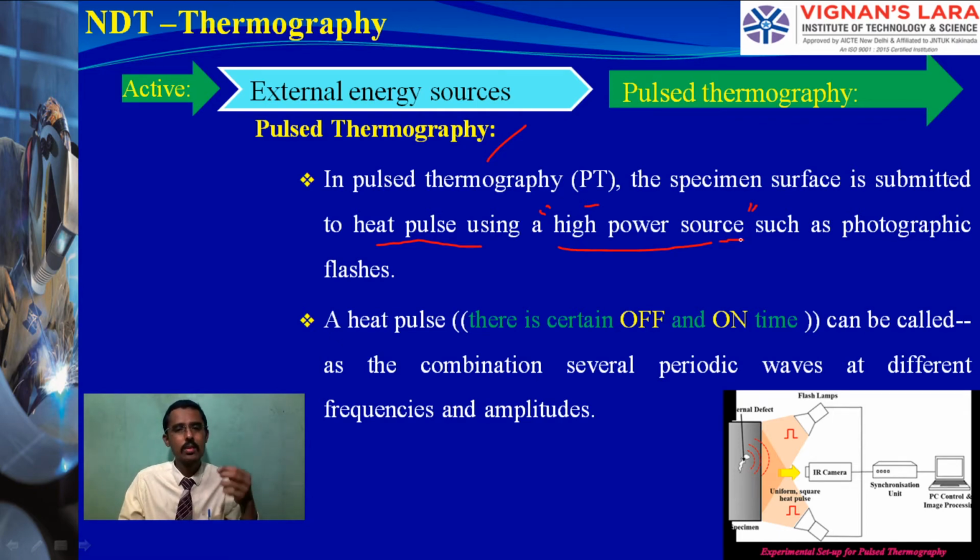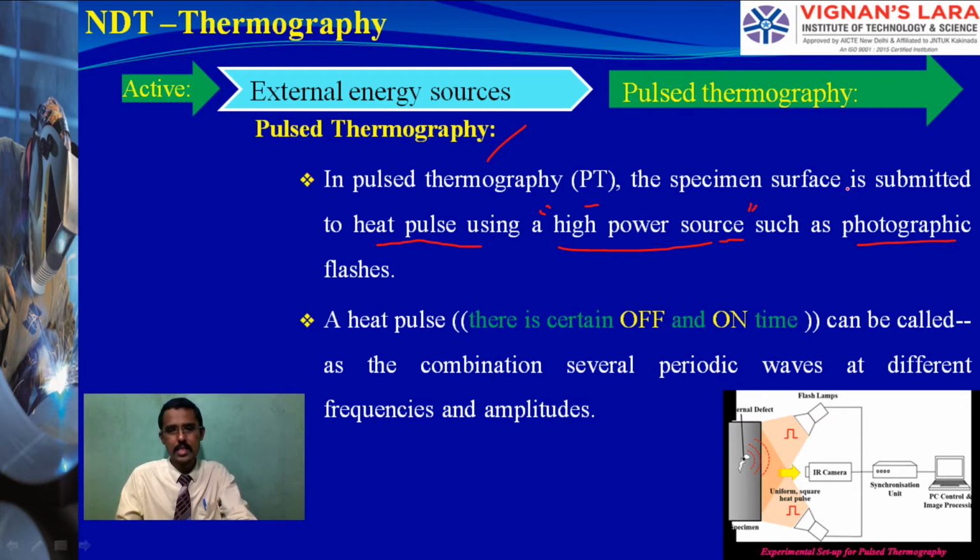Whichever we use, that energy is released and concentrated on a point of contact where our interest lies. I am assuming that here may be the defect. Then I concentrate the flash beams, photographic flashes or halogen flash beams, towards that point, and it is going to reflect back. High power sources such as photographic flashes,